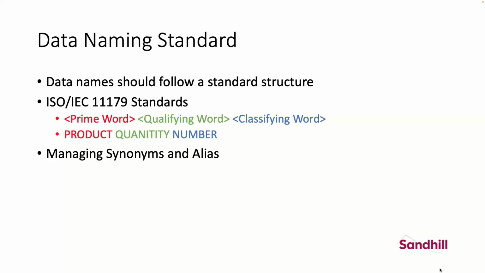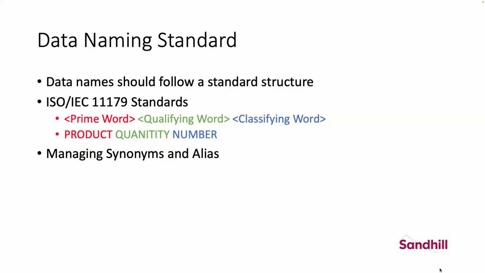should have some kind of structure that we follow when naming. So for instance, we could have a prime word, a qualifying word, and a classifying word. The example here is we have products, there are quantities of products, and that quantity is expressed as a number. So when I read this from left to right, I can guess or derive some meaning from this just by the name alone. Even if I don't have the definition, I have a pretty good idea of what that